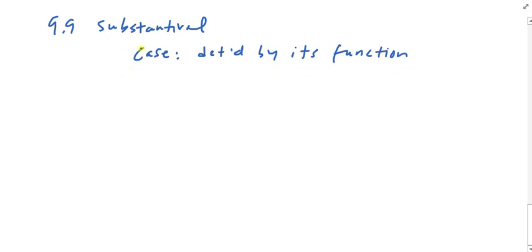So in other words, if I wanted to say something like the good men are in heaven, I'd have a nominative form of good. Men would be nominative, right? Because they're the subject. But then if I wanted to just use a substantival adjective, I would say something like the good are in heaven. That would be nominative, right? So whatever the noun would have been as an attributive adjective, when you drop the noun, the substantival adjective will take the noun's role and therefore the noun's case that it should have been. Okay? So case is going to be determined by its function in the sentence or the clause.